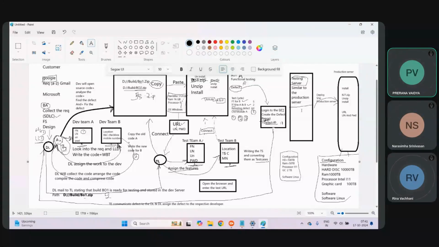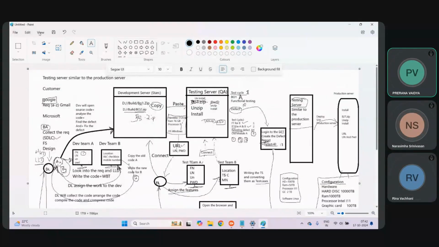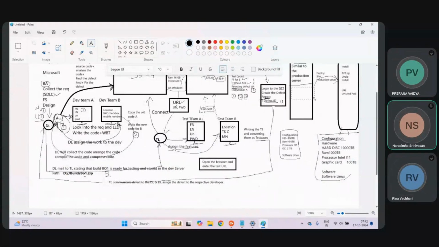If I do my end-to-end testing also, it is not called system testing. So they have introduced a new testing called system testing because they are facing this type of issue. Not only one company, all the companies are facing the same issue. So build B26 is ready. They have tested in the testing server, but as soon as we got a build B27,